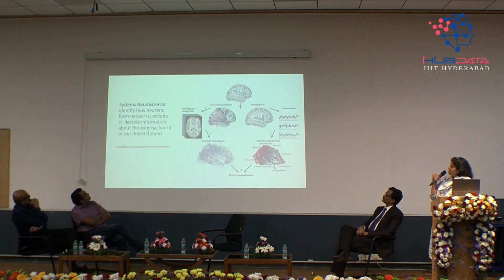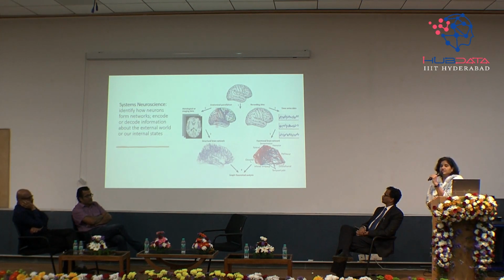We have systems neuroscience. This is kind of new, but it's very similar to computational. But here you identify how neurons form networks, large networks, functional networks as we call them. So you can see these pictures on the right-hand side. The last one basically would be a full network. All these connections basically say what are the areas of the brain which are connected to do a simple task.